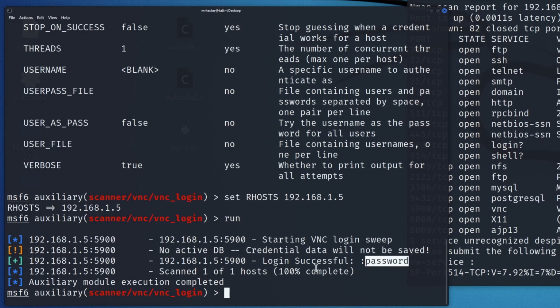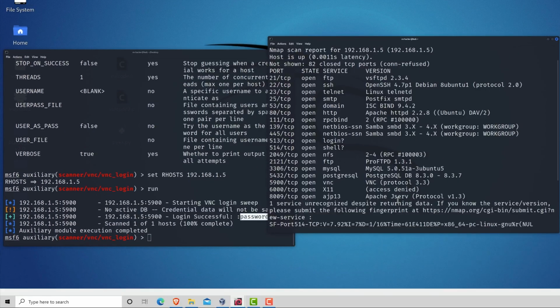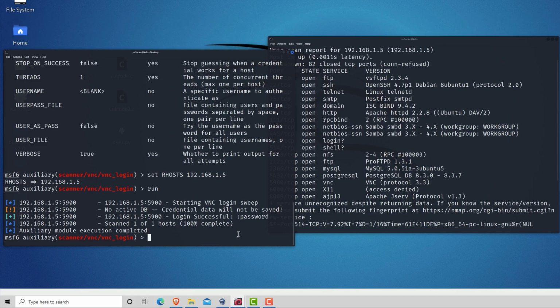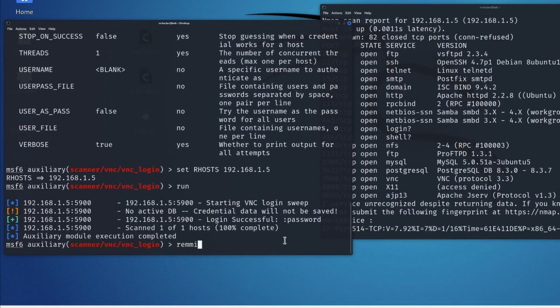So the target didn't change the password. So what we can do right now is use this password to access the target system. Let me show you how you can do that. You can simply run a tool called Remmina,